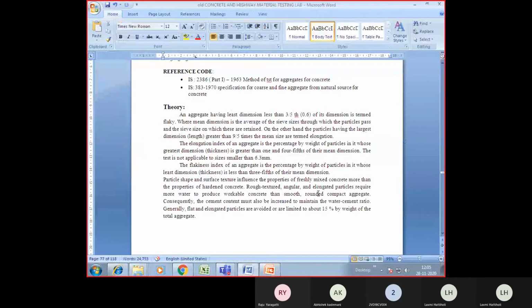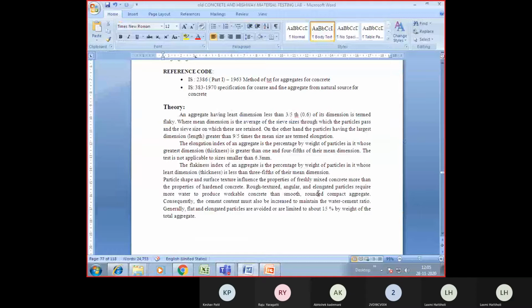As I said, for elongated and flaky aggregates, as I have shown, the surface area to volume ratio is very high, and that's why the bonding is very less. So the packing factor is very less, or you see very less compaction, or you can say there are more voids. That doesn't happen in angular aggregates.